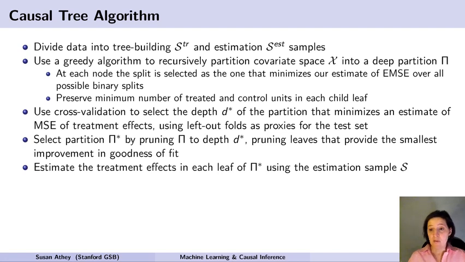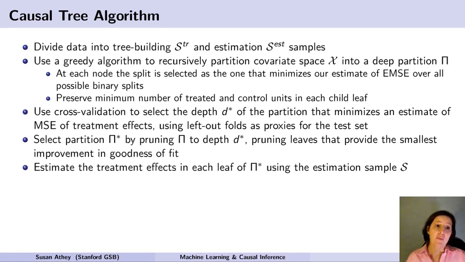So once we've solved this problem of coming up with an objective to optimize, and again, we've just derived an objective using a little bit of algebra, we figured out even though we can't observe tau I for any particular observation, we can come up with an estimate of the infeasible mean squared error criteria. Once I have a mean squared error criteria, I can then use the causal tree algorithm that's very close to what the original regression tree algorithms look like. It's just that I have a different criteria I'm optimizing over.